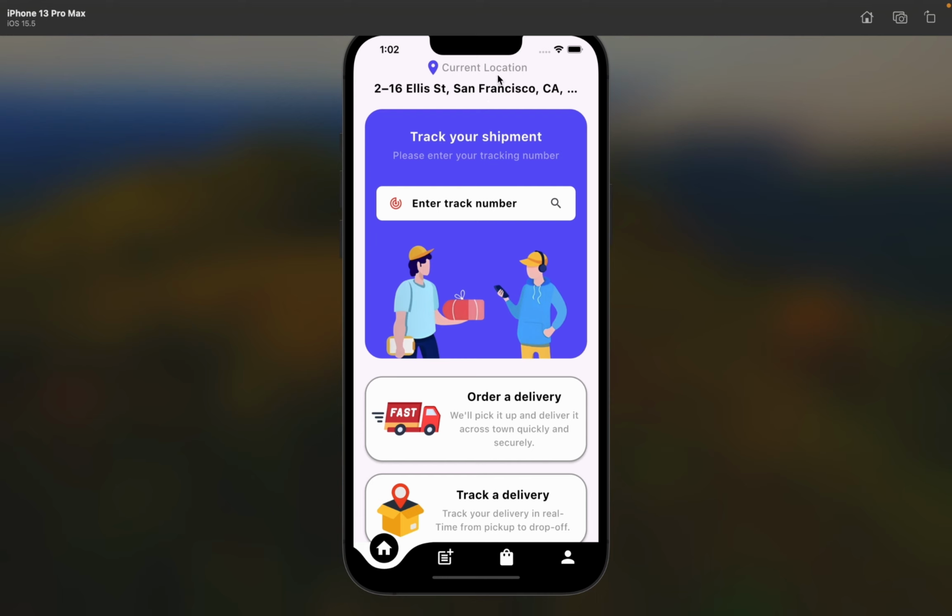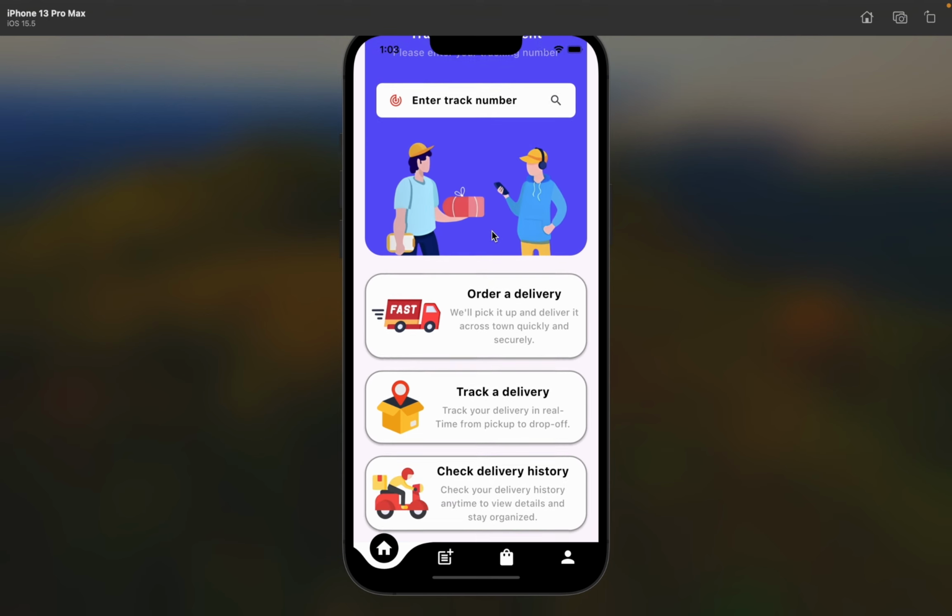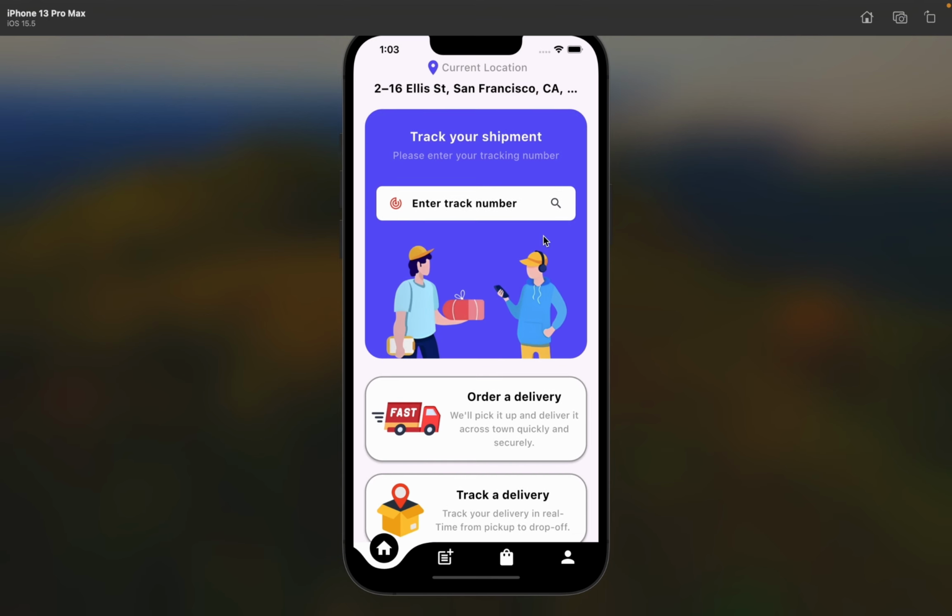So here just below this current location, you can see that there is the thing which is Track Your Shipment, and the user is simply going to enter their specific track number. Yes, we are going to provide a specific track number to each order that the user places, and by using this ID we can show a tracking system. So we'll teach you how to create a tracking system